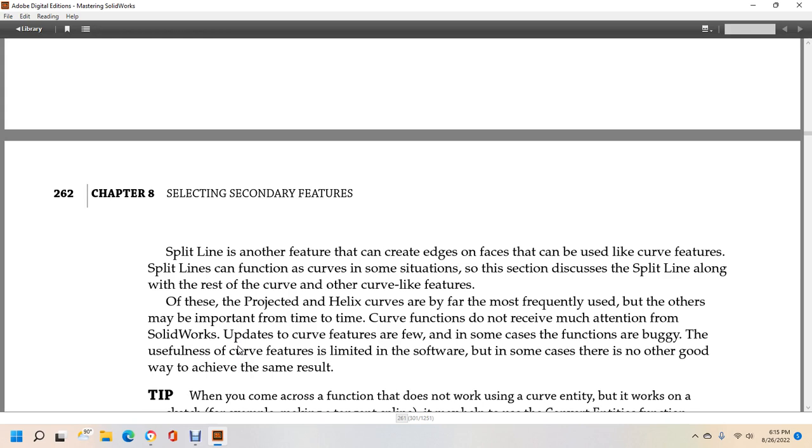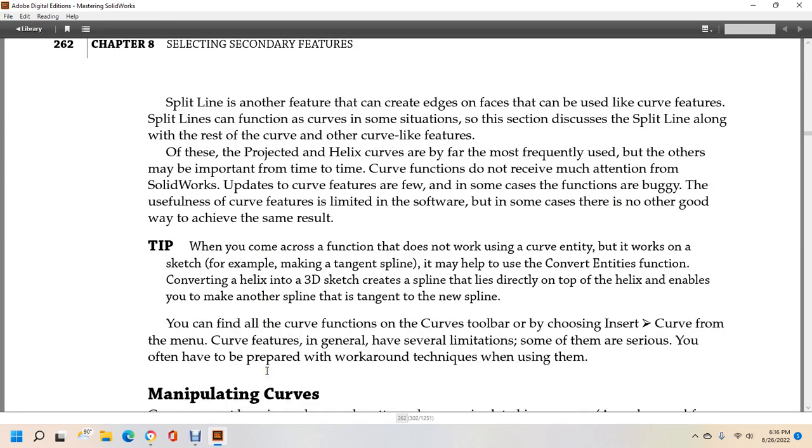Curve functions do not receive much attention from SolidWorks updates. The curve features are few. In some cases, the functions are buggy. The usefulness of curve features is limited in the software, but in some cases there is no other good way to achieve the same results. Tip: when you come across a function that does not work using a curve entity, but it